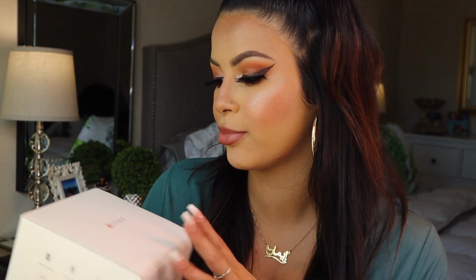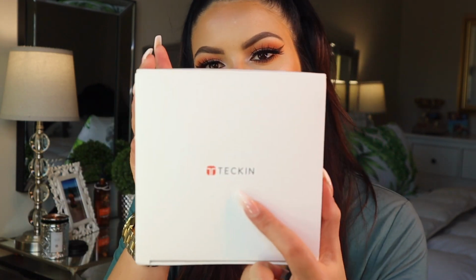So these are smart LED light bulbs. They're by the brand Tikteck, that guy right there. This particular one comes with 4 bulbs, and they are compatible with Alexa and Google Assistant, so you can go ahead and hook it up to your Alexa,